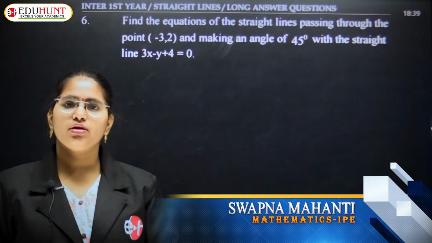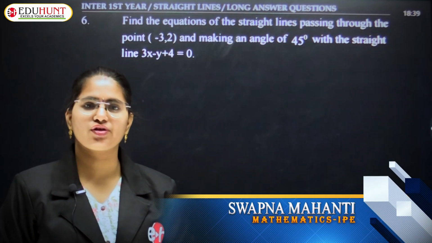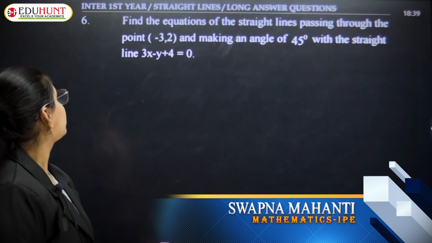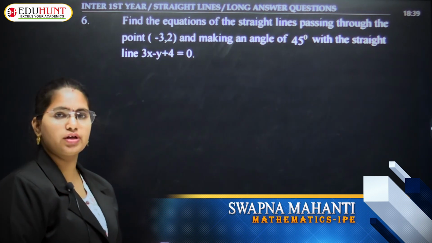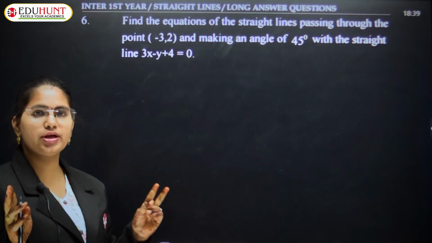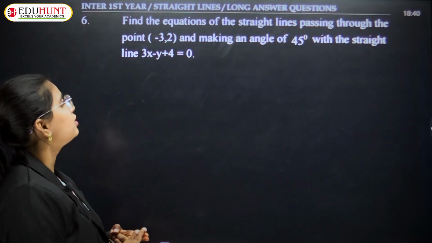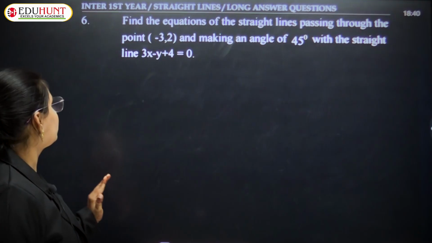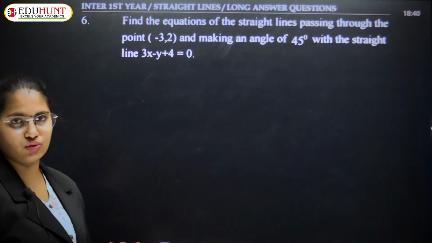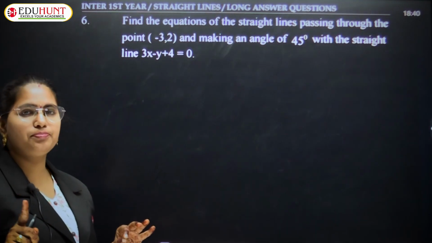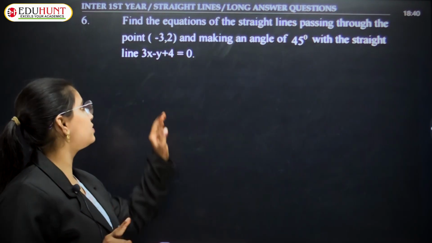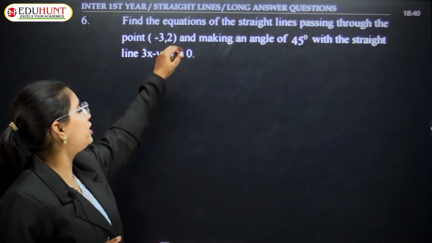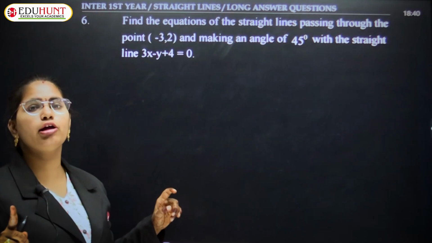Next, 8 mark long answer question from straight lines is question number 6. Find the equation of straight lines. We need to find two straight lines passing through the point (-3, 2) and making an angle of 45